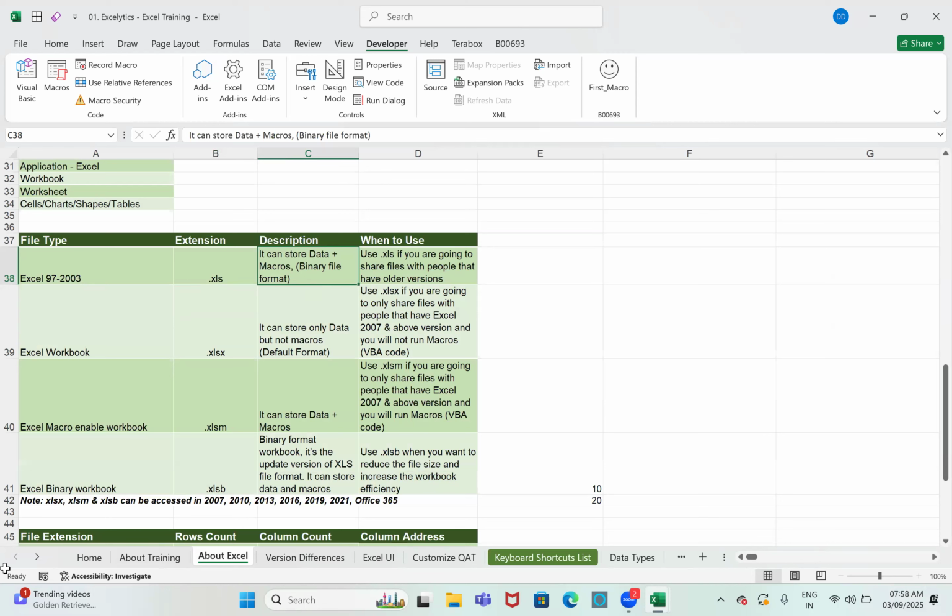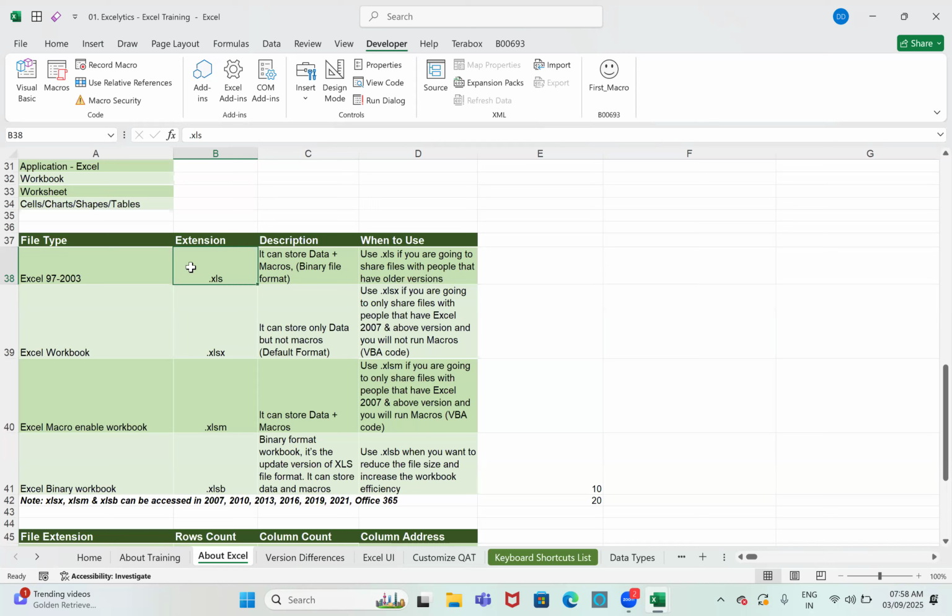If it is .xls, this is the default extension till Excel 97/2003. From 2007 onwards, the default extension changed from .xls to .xlsx. Previously we used to save in .xls format, but from 2007 onwards, it is saved in .xlsx format.